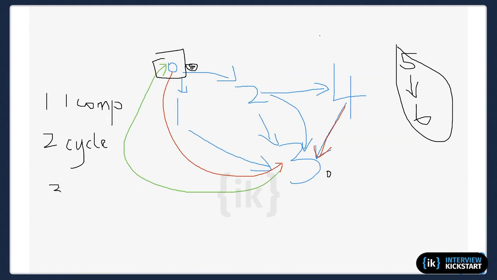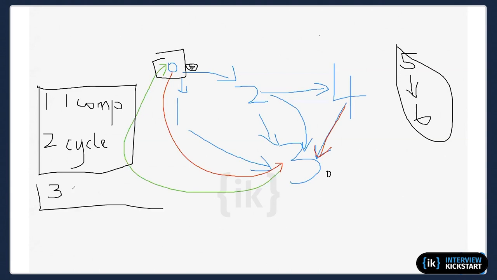And then the third one, I need to check that all the paths that I can go to, I can reach the 3. So I just use these checks.